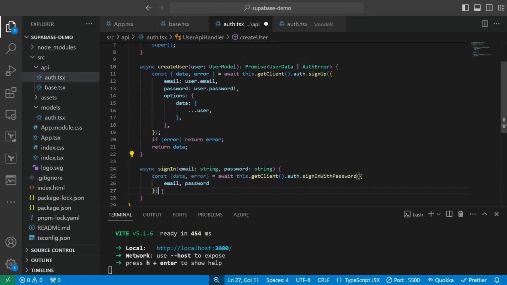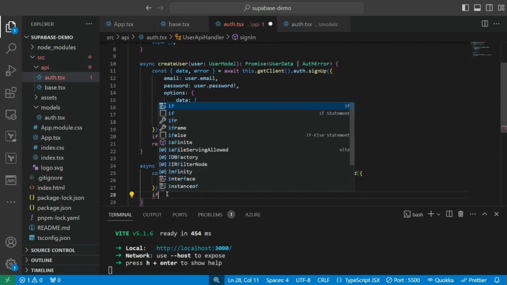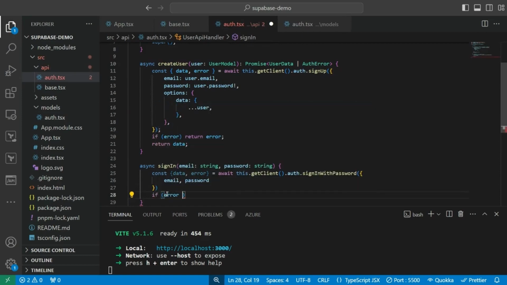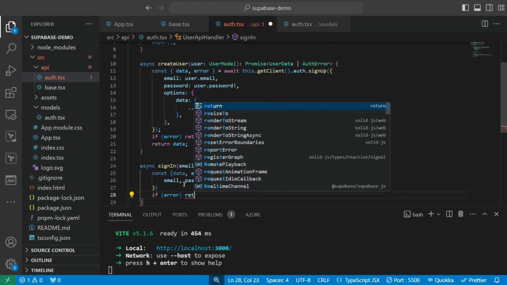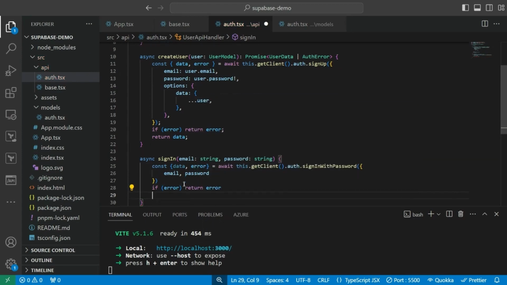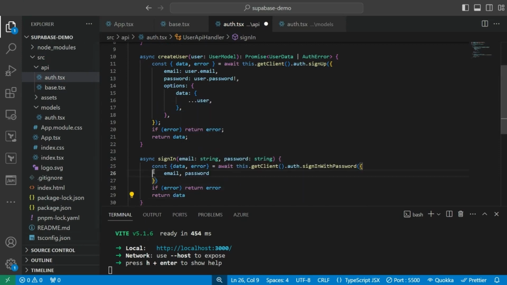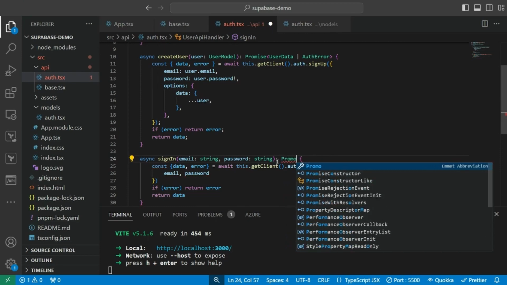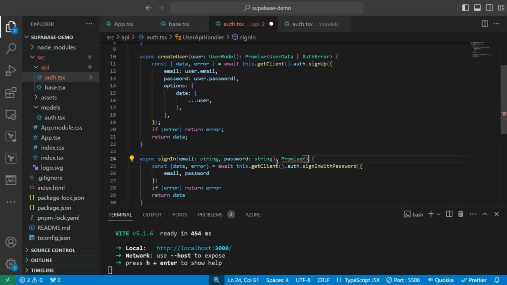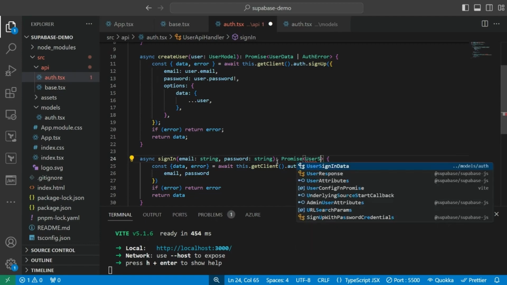So again, if this error exists, because of course this can either be an error or null, so if this error exists, we return error, otherwise we return data. As simple as that. And of course, again, we define our return type, which should be a promise, and this would return our according user sign in data